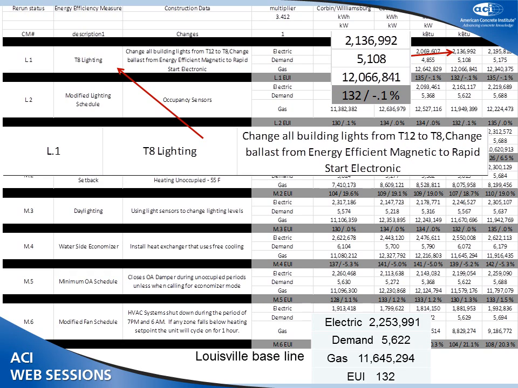Similarly, we looked at lighting. We got a significant reduction in the energy, as you can see up here, the electrical energy use, comparing it to the electrical energy use in the baseline down here. But we overall only got a small change in overall energy use, and I'll talk about why that is so in a few minutes.